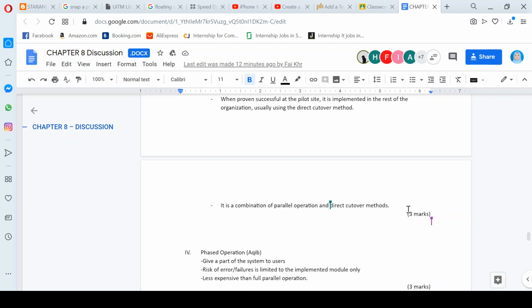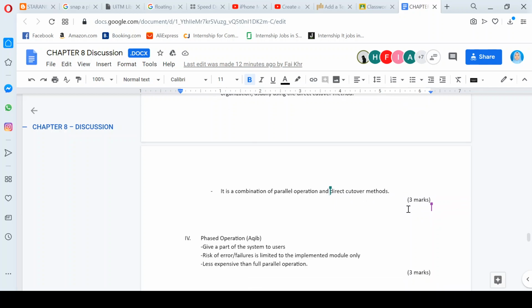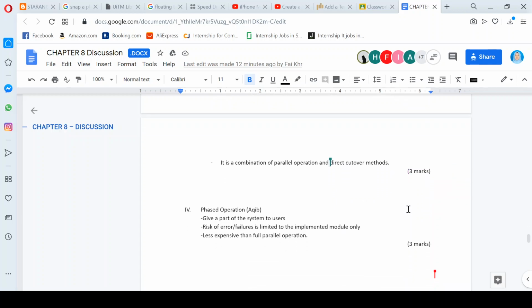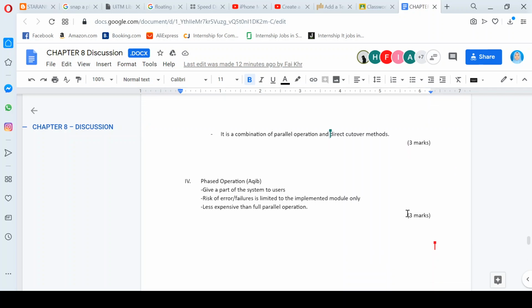So they combine type yang pertama dan type yang kedua, so kita akan dapat type yang ketiga, which is pilot operation. Right, class, ada soalan untuk pilot operation? Tak ada sir. Terima kasih. Okay. Right. Next, type number 4, phase operation. Okay, saya nak minta Akib